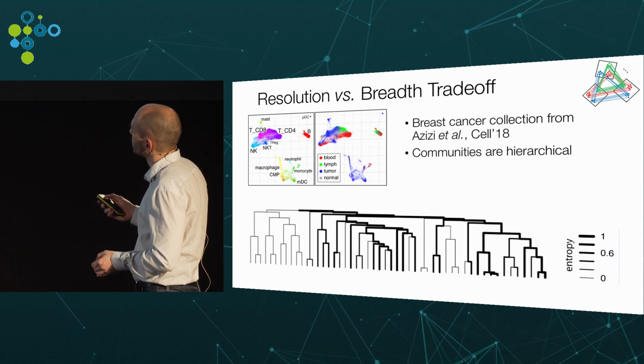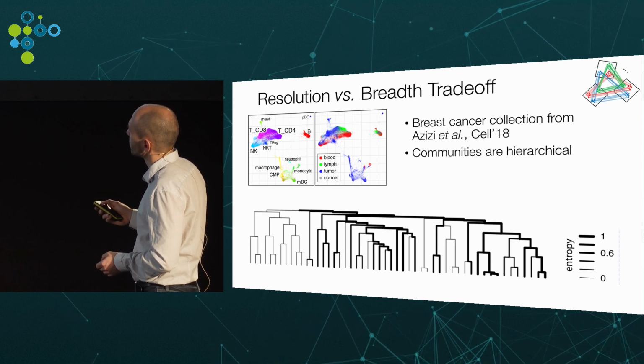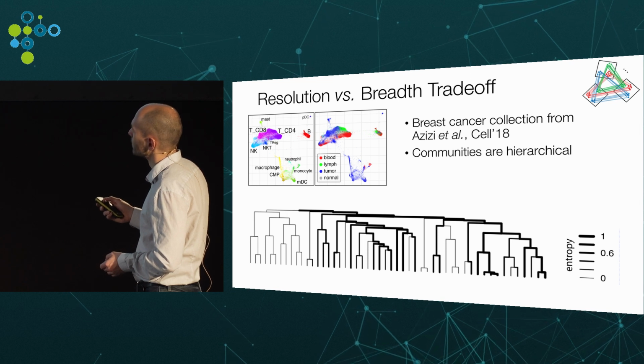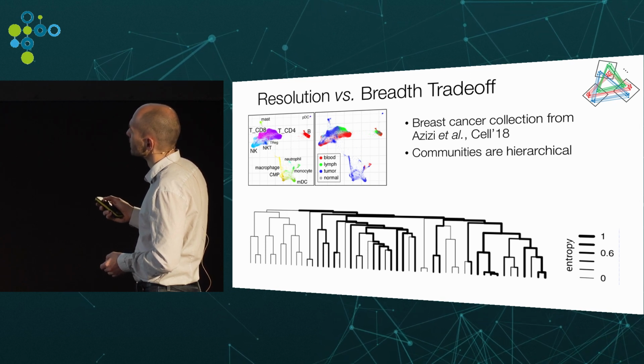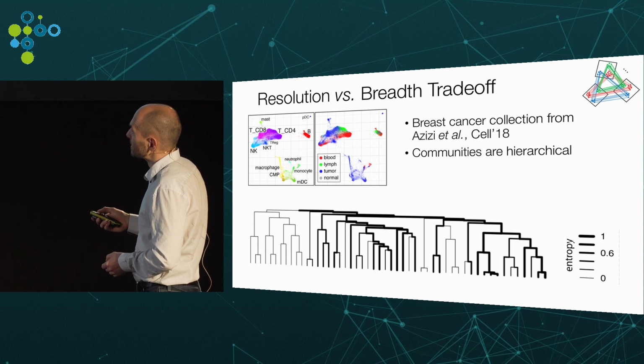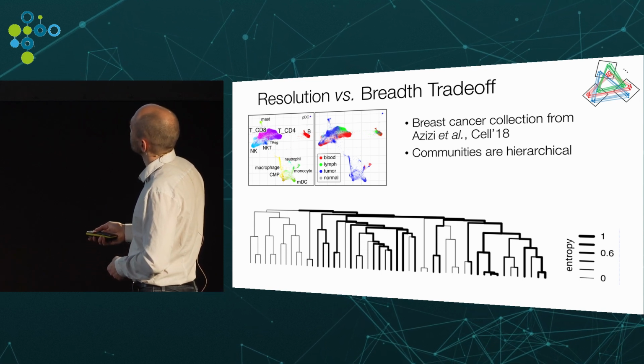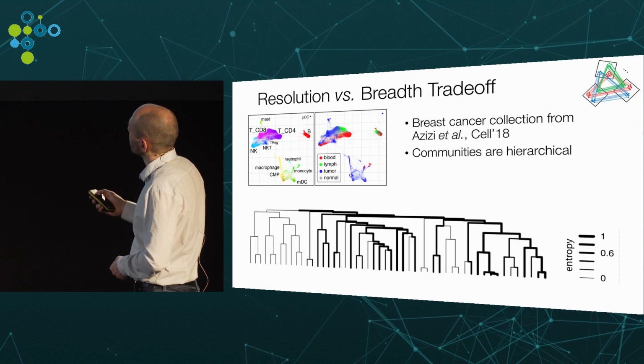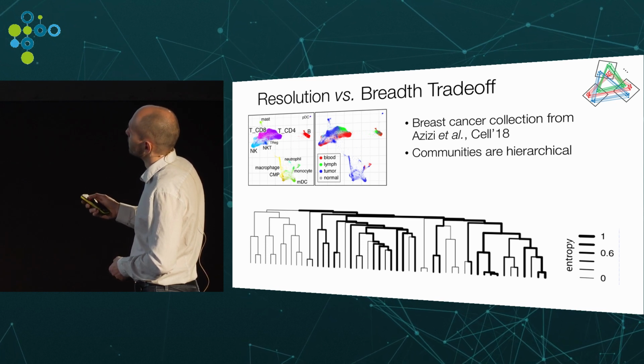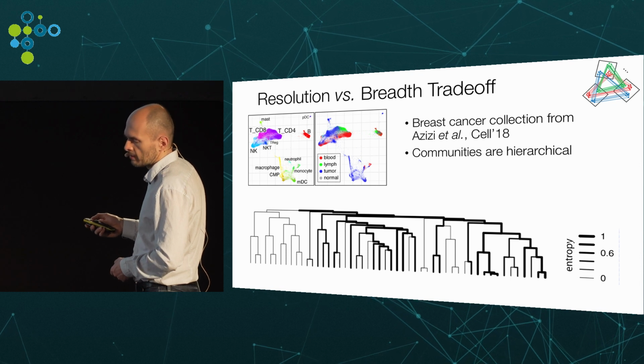And this is sort of a more advanced, more complex design where you have multiple tissues sampled from lymph node, from blood, and from normal, from different individuals, with uneven sampling. So it's kind of a complex collection. What I wanted to emphasize is that when we show these types of joint clusters,